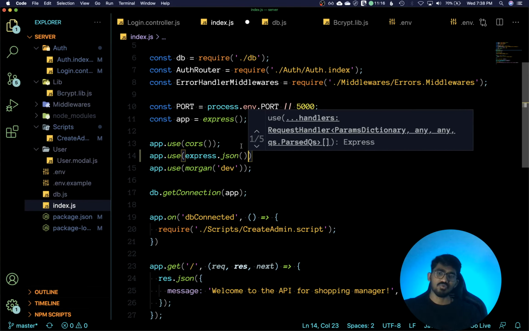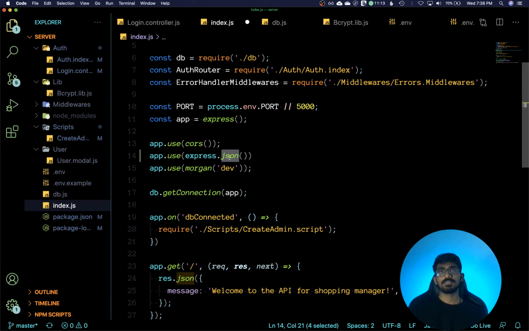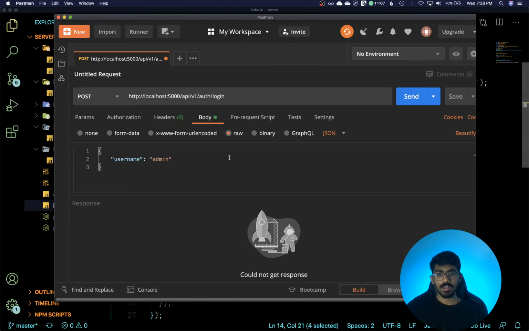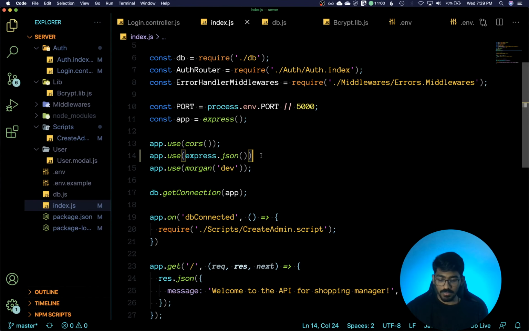This is the function that comes with Express. Basically it parses the JSON data from the request. Right now we are sending a request in JSON format. So this line will convert all that data into a valid JavaScript object in this whole Express application. So now this line should